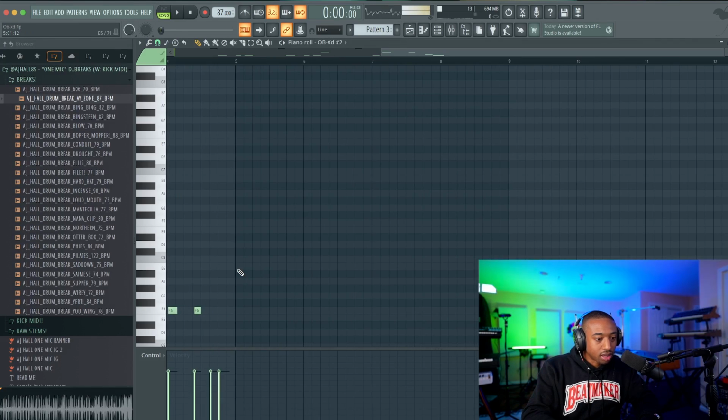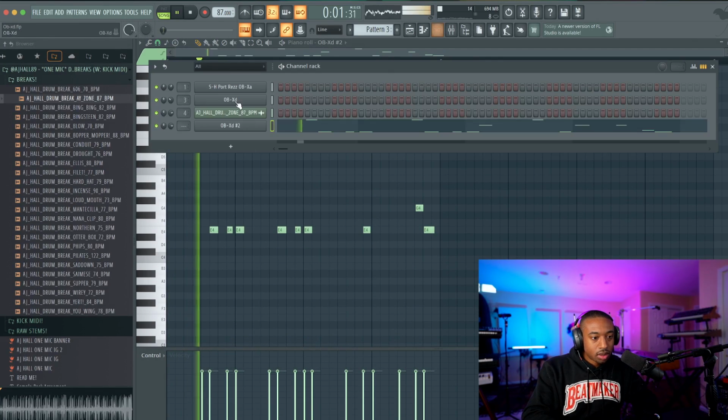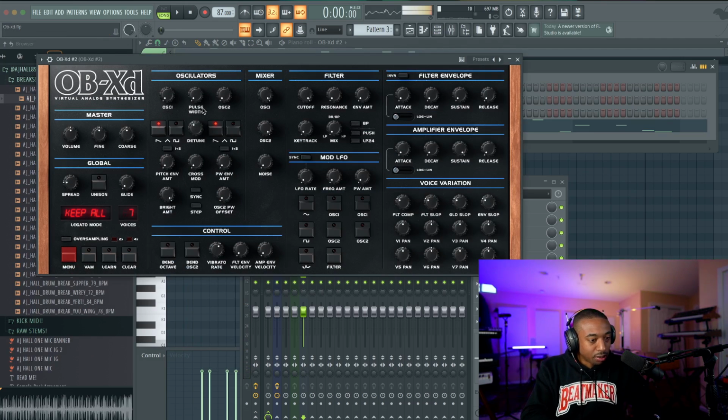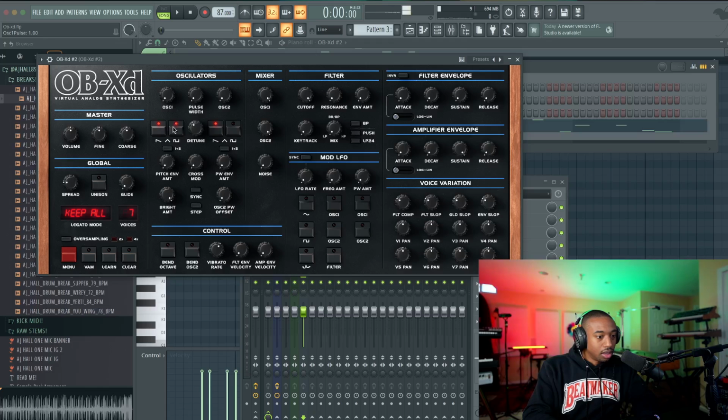Let's see if the bass can hold up. Okay, so this is the final test. Can it make good bass? Okay, let's start with, how do we get to the triangle? It shows me a triangle, but I don't know how to select the triangle. This is interesting. 1 + 2, is that what the triangle is? I'm not sure. Okay.